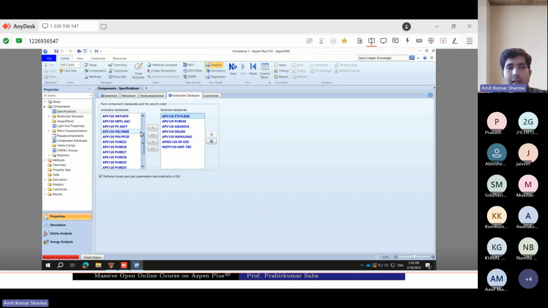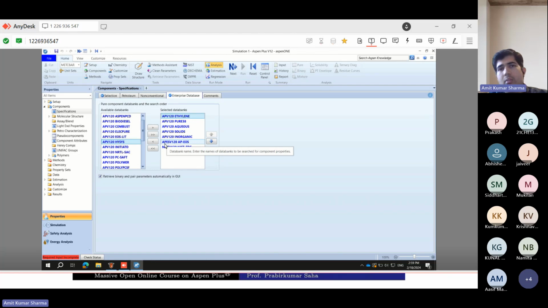You can say that, with more accuracy, maybe some interaction parameters and some different properties, like for the advanced user, because we are only doing the basic modeling. But when we are doing rigorous modeling, advanced modeling, suppose we are developing our own model, maybe in that case we want to use the separate ethylene data bank. So the point is that you have different data banks. You can select as per your choice.